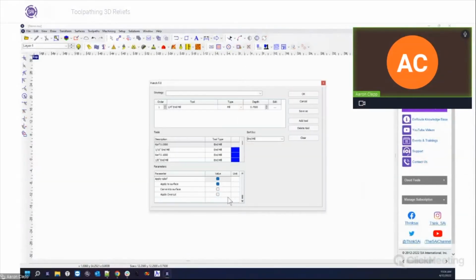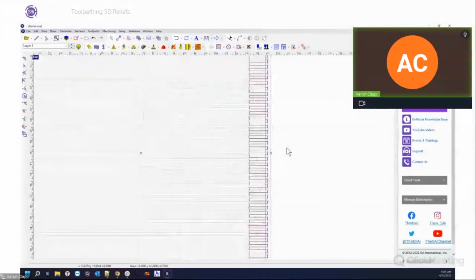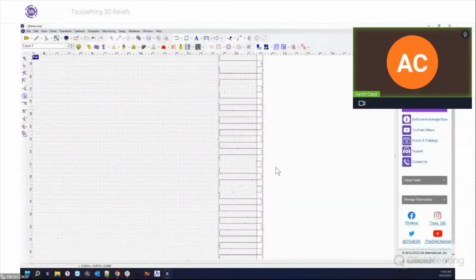So I want the overcut, I just want to leave it at 0. I've already built in the extra 0.125 on both sides. So now it pushes past on this side, which is what we want, and it pushes a little bit past on this side, which is what we want. So now when we go to cut this,